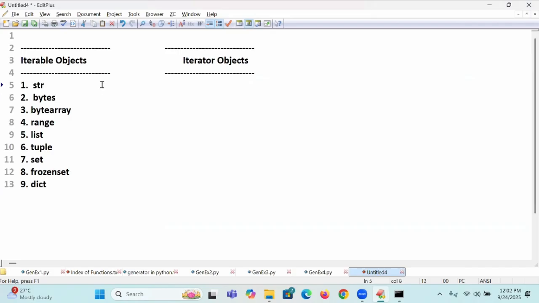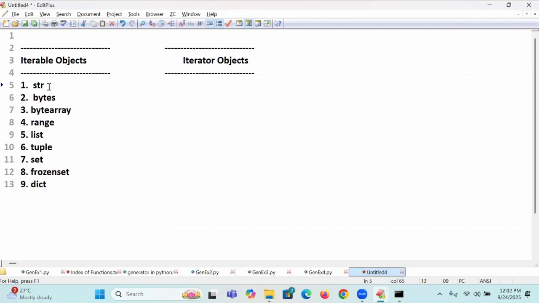Now, for this object, what will be there? When I say str, the total data will come at a time. But I want to get one value at a time when you call it. At that time, what will I use?